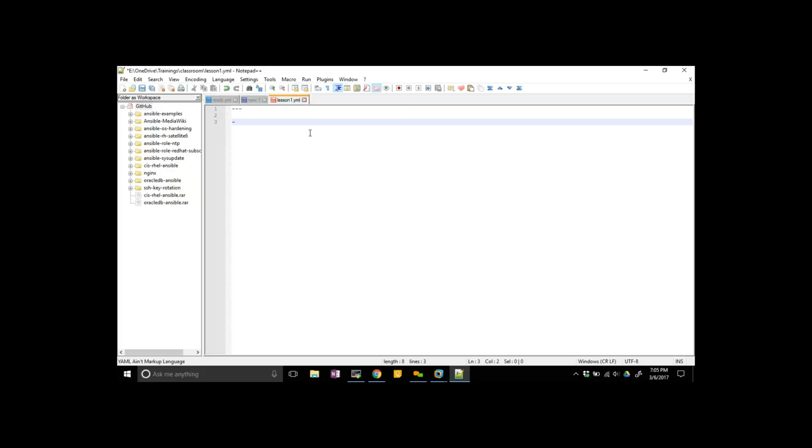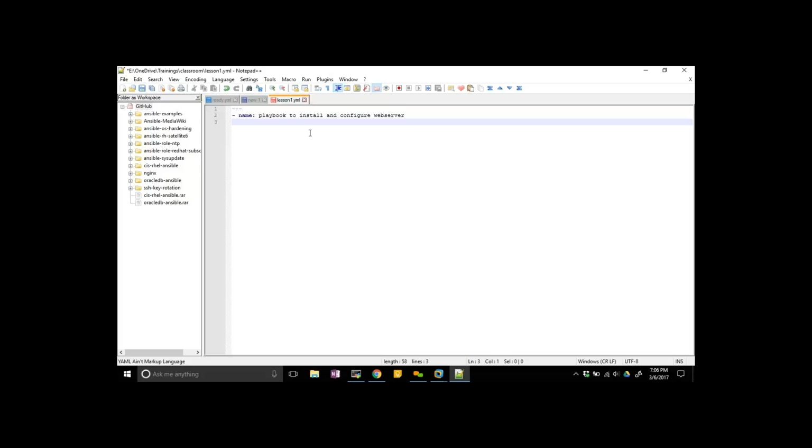Any task or anything you write should start with a hyphen, then name. I'm naming this particular dictionary, saying this is a playbook to install and configure a web server.